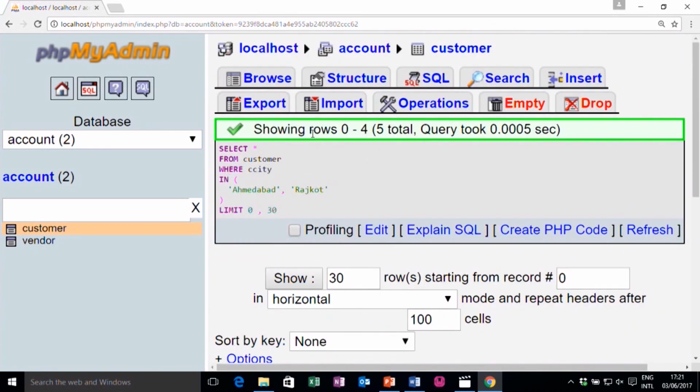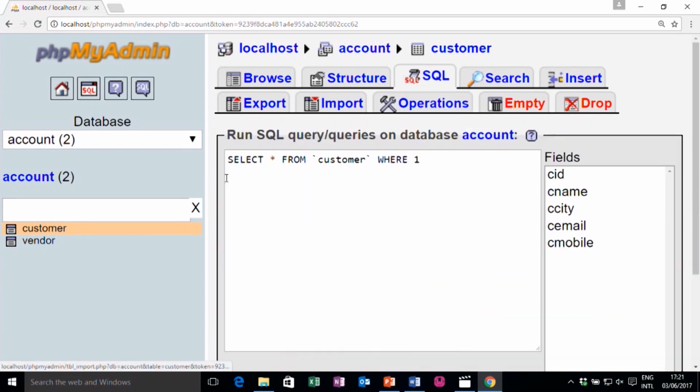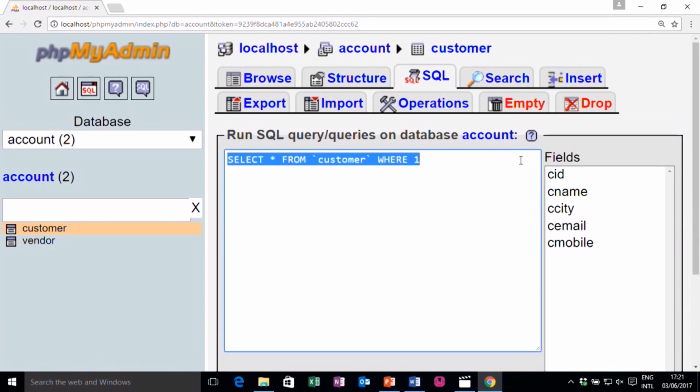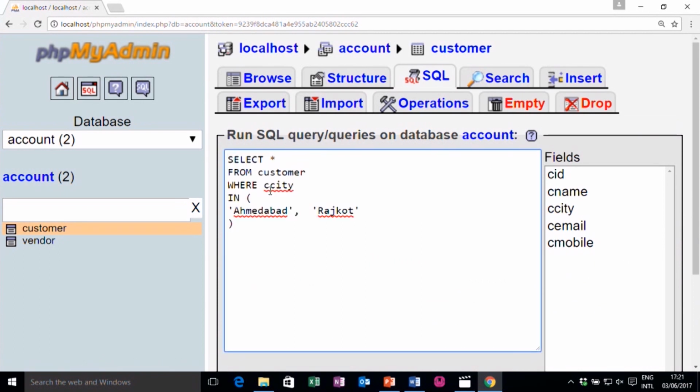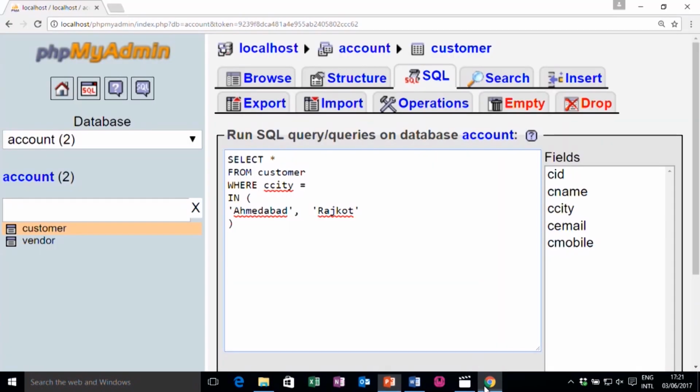So, this is the same thing. You can use the IN keyword instead of writing multiple OR statements, because I will just give you the idea that you can write where city is equal to Ahmedabad or city is equal to Rajkot. The output will be the same for this one. You can use the NOT operator also with IN.